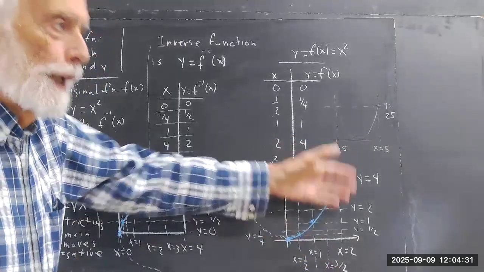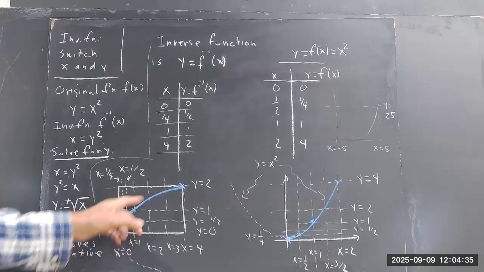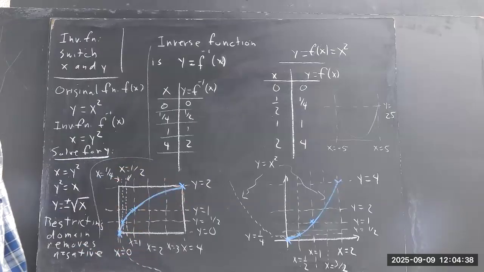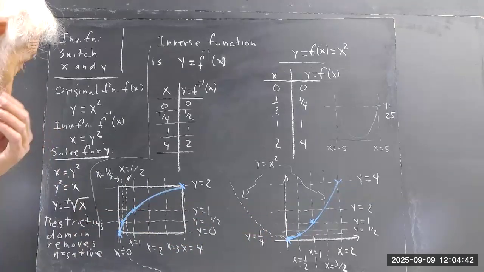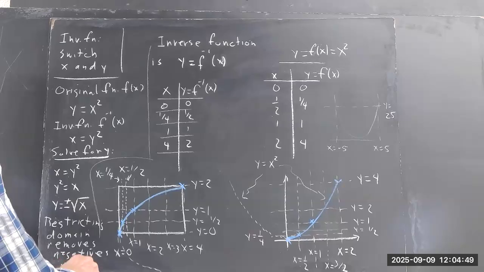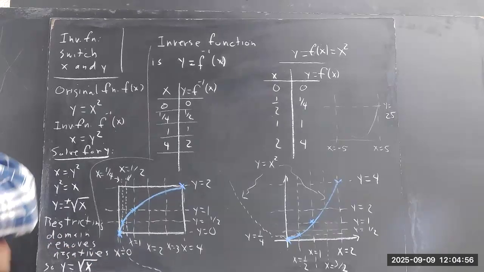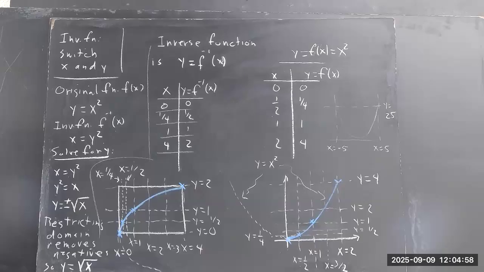And since we're switching x and y, we restrict the range of values here to positive values. The domain of this one becomes the range of this one. Now, when you did the assignment on the toolkit functions,